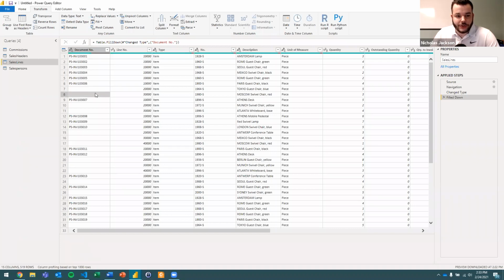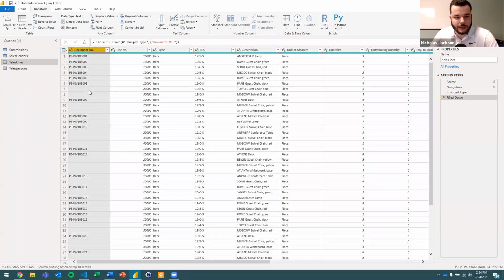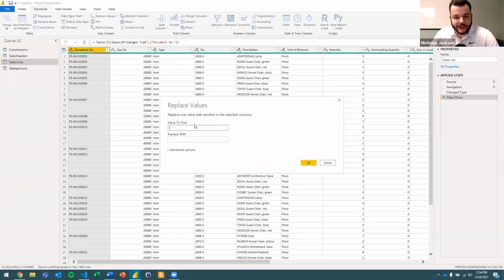So what we need to do is replace these blank cells with a different value to tell Power Query, hey, it's okay if you overwrite these values. There really is no data in these cells. We can do that with a simple replace. If we select our document number column here, we can go to replace values. The value to find, we actually want to find blanks, so we're not going to put anything in the value to find field. The way that we tell the system, hey, there's really no data in this cell and we don't want you to do anything with it,